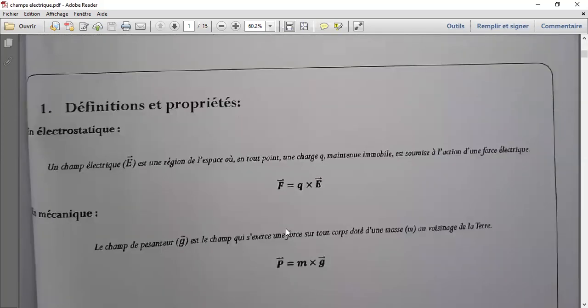So the first thing is the definition and the properties of champ electric. We're first going to define what is champ electric, and after that we're going to look at its properties. So when we define champ electric,